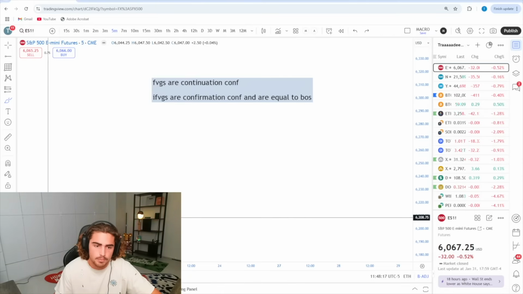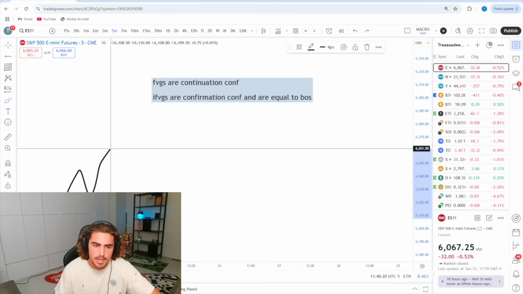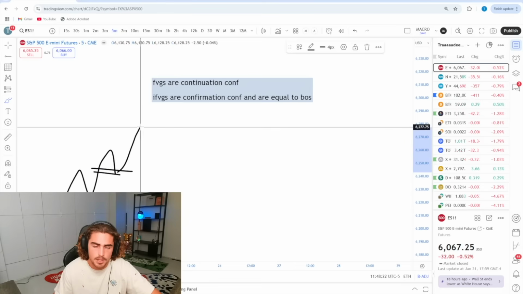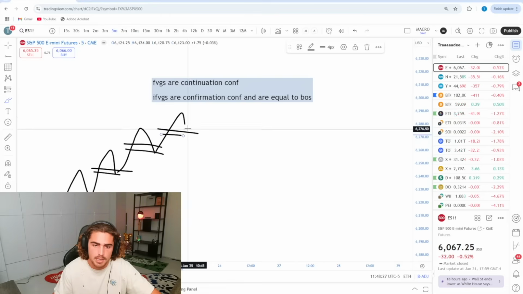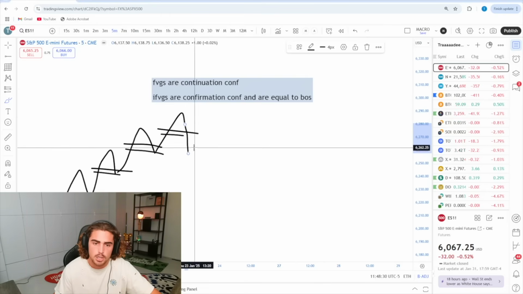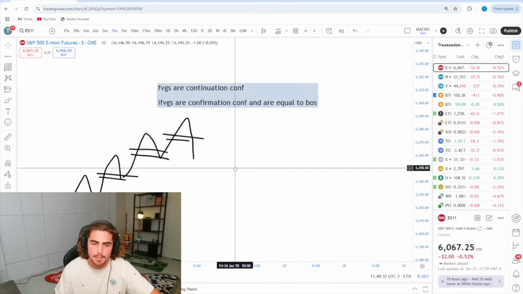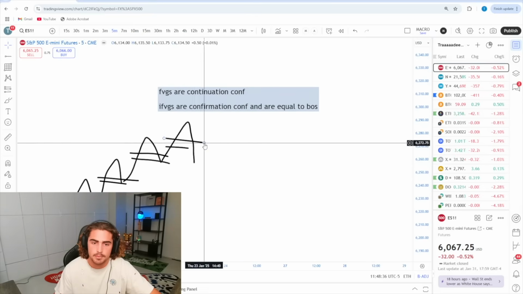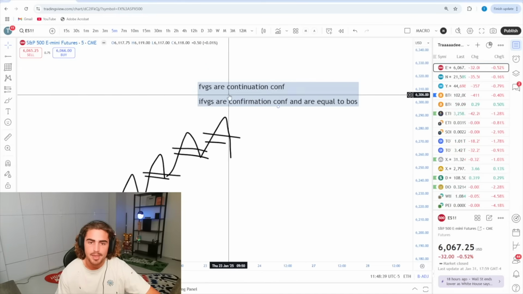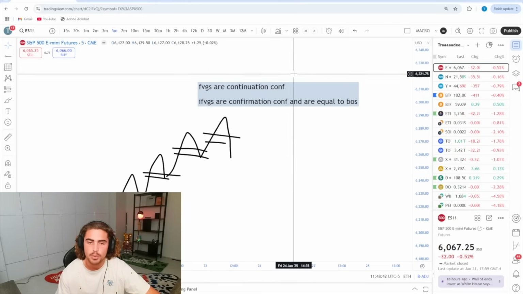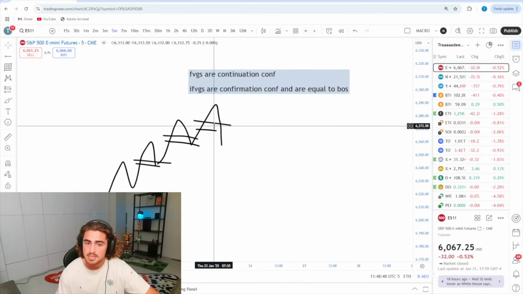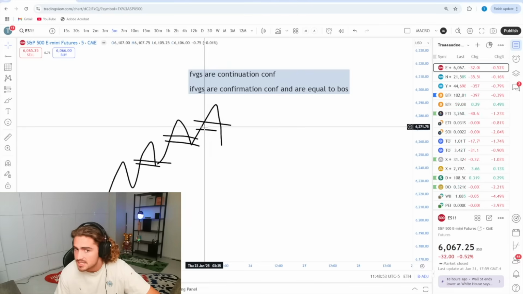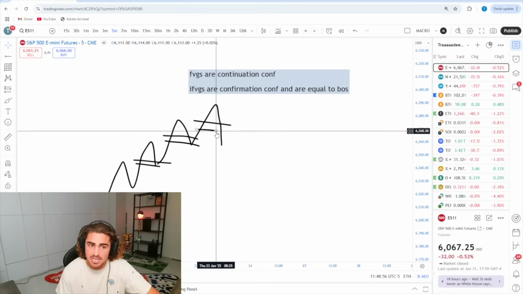So let's say we have a move up right here, move down, we fill this fair value gap, and then we move up, we come down, we fill this fair value gap, then we move up, and then we have another fair value gap right here, but then price closes underneath that fair value gap, pretty much disrespecting this fair value gap right here. Well, because we know fair value gaps are used to identify continuations in uptrends and continuations